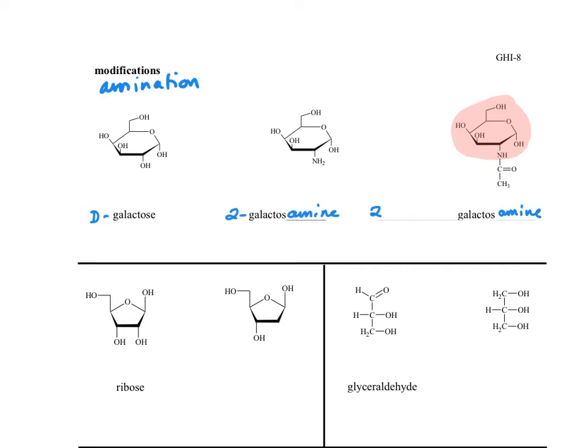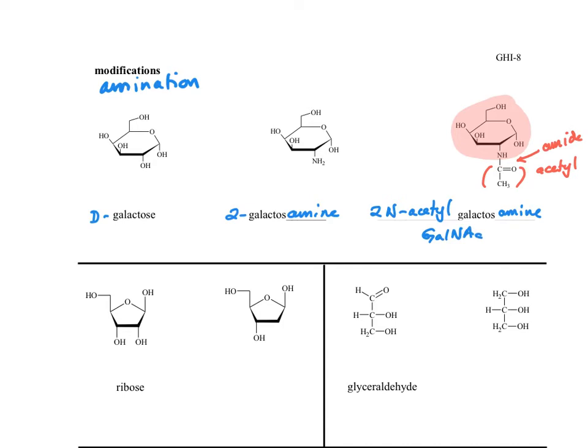But at this point, we've attached an extra group. This is what we call an acetyl group. And you can attach acetyl groups. Remember, that's actually just a little acetic acid. And do you know what kind of linkage we have right there? Do you recognize that? NHC double bond O? That's an amide, kind of like a peptide. And if we attach that acetyl group, we are going to refer to this as a 2N-acetyl galactosamine. And we sometimes just abbreviate this as